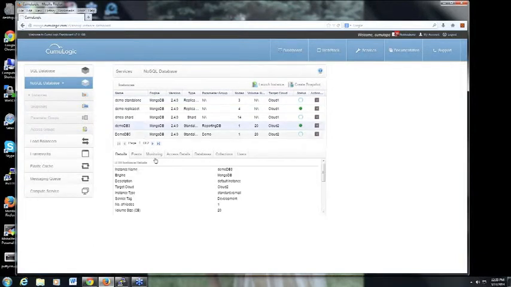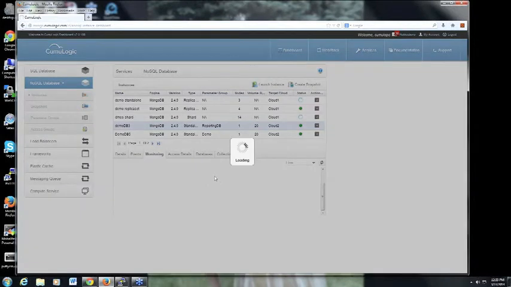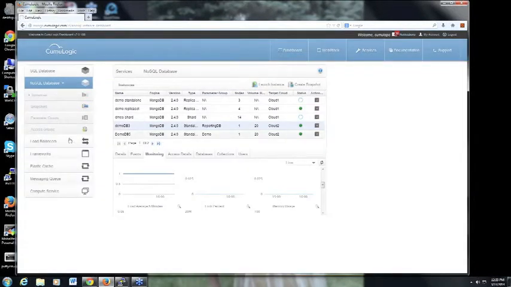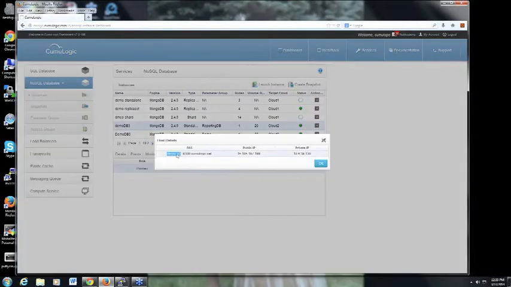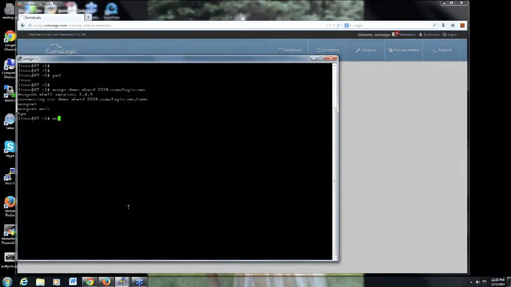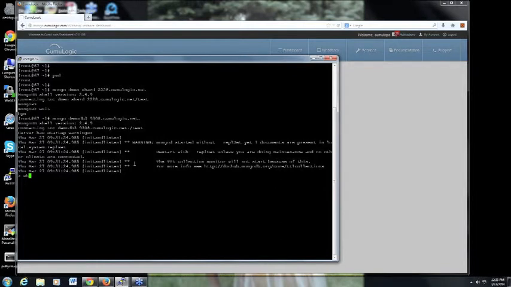In the monitoring section, we saw CumuLogic provides you the monitoring details. Your user can always look at this, determine what fine-tuning they want to do, and provision that. Now let's connect to one of these databases and add some data into it. For example, click on the access details, and I'm going to pick this database and connect from here. I'm going to say Mongo connect into that database, and then I can say show DBs. Then I could use one particular database, and then I can add